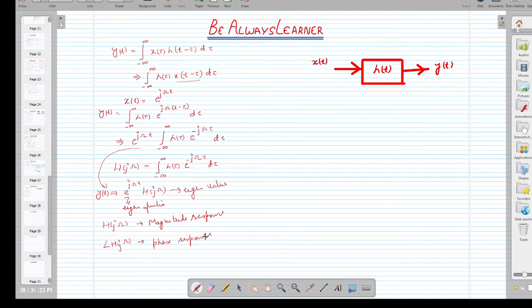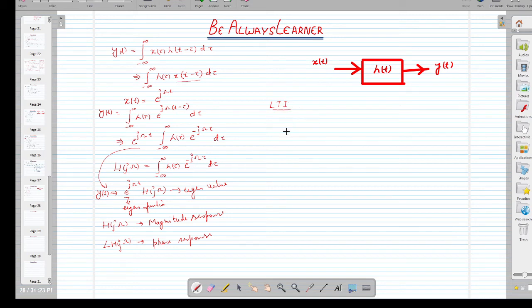Now to find out the value of H(j omega) for a system, we have to have the representation for a LTI system,